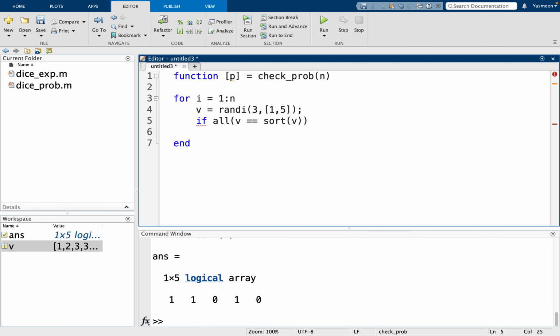Then what I want to do is increase our success count. So let's say we start with 0 successes, and then we say s is equal to s plus 1 if we found a case where v is equal to the sorted version of itself. Let's end the if statement, let's end the for loop. And let us not forget to define the probability. So we're going to say p is equal to the number of successes divided by the total number of trials. So let's save it